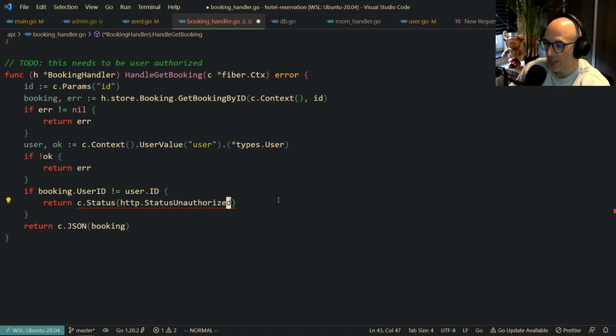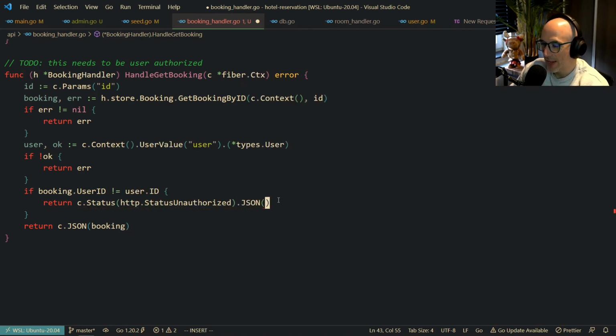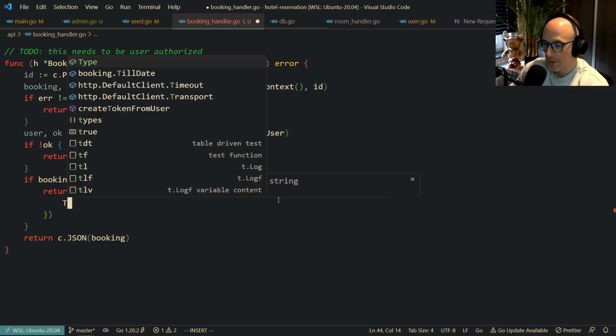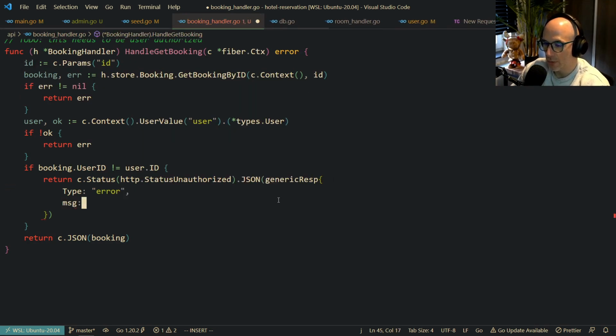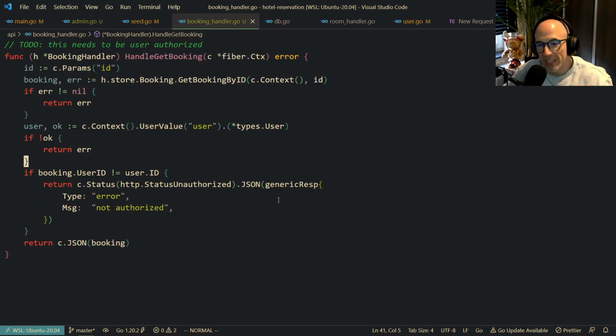Unauthorized, that's the status. Status unauthorized .JSON, I was looking for the correct status, right? And there's going to be a generic response, right? And we're going to say that the type here is going to be a type of error, for the front end. And we're going to say that the message is going to be not authorized, right? That's going to be a capital M. That's fine. And otherwise, if the user ID is the user ID in the context, then we're going to